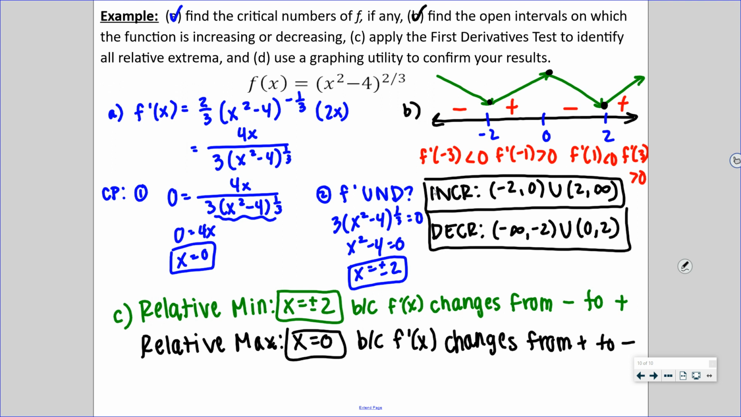If it asks for the actual points, it just says to identify all relative extrema, I did plug those numbers into the original function here. So here, when I plugged in 2, I got out 0, obviously, because you have 2 squared minus 4. So 2, 0, that actual ordered pair. Negative 2, 0, that ordered pair. We'll take a look at the graph in a second here. And then when I plugged in 0,